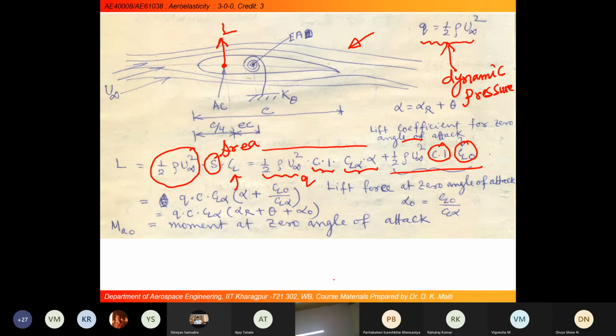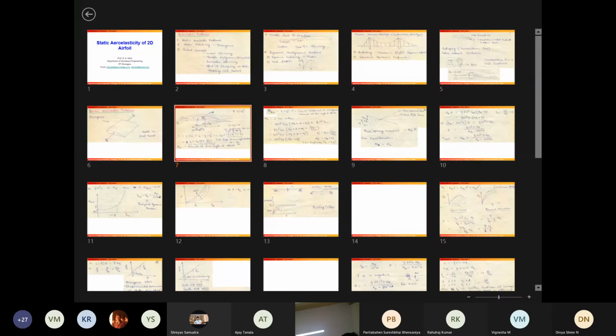See, if it is non-linear, then in an iterative way we have to take care of this in our analysis. Suppose we start from zero angle of attack, then 1 degree, then we have to correct that lift curve slope. We have to take the appropriate lift curve slope or lift coefficient. Then let's say I am increasing it to 2 degrees of angle of attack, then we have to correct it. Like that, progressively we have to calculate the lift force. Here in our calculation, we are taking a linear theory. I'll be talking of those also.